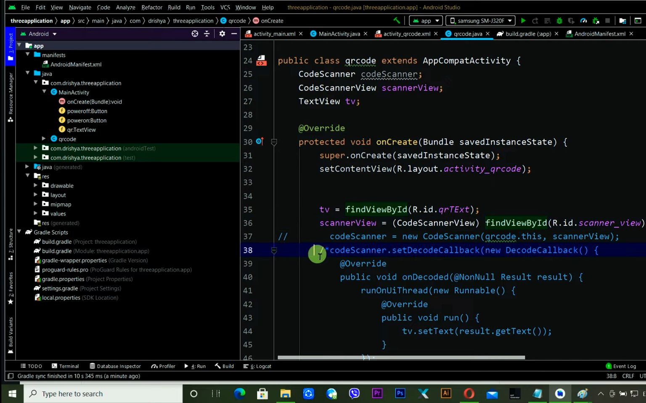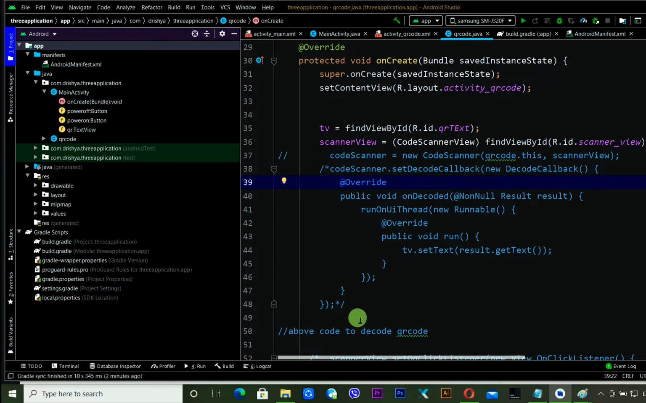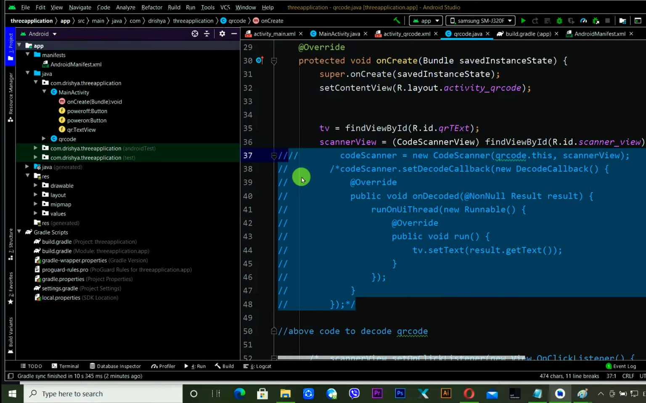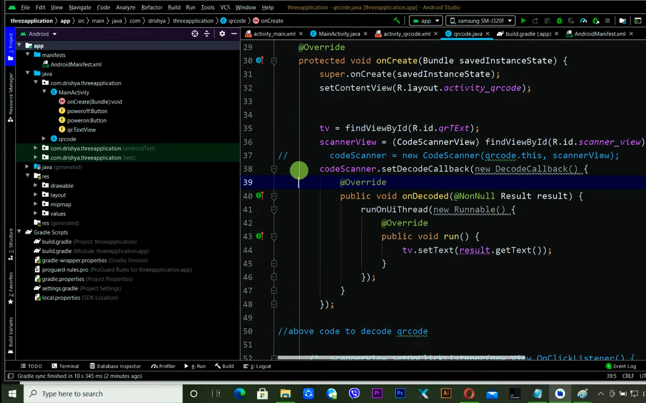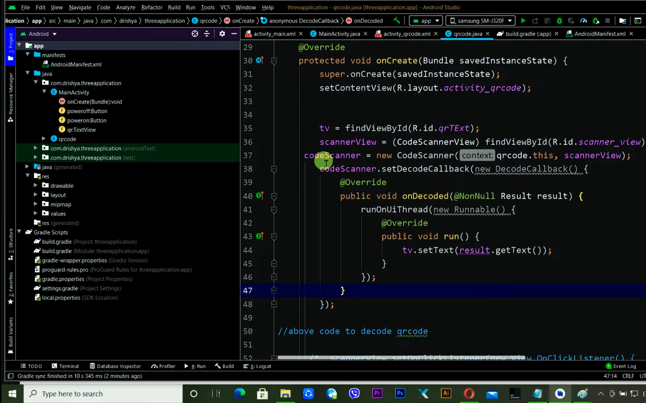After that you have to create this class. You have to use the code scanner dot set decode callback. Now you can see, first of all you have to assign that scanner view inside the code scanner. Just type code scanner is equal to new code scanner, QR code dot this, and scanner view. After assigning the scanner view inside the code scanner, you can use the method set decode